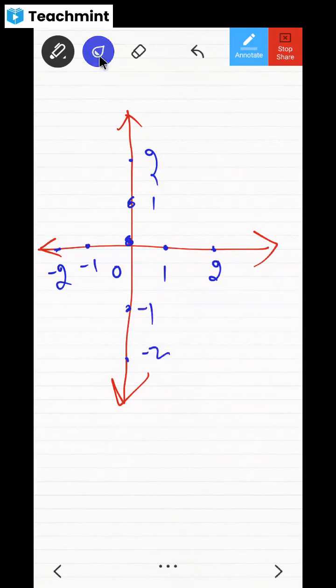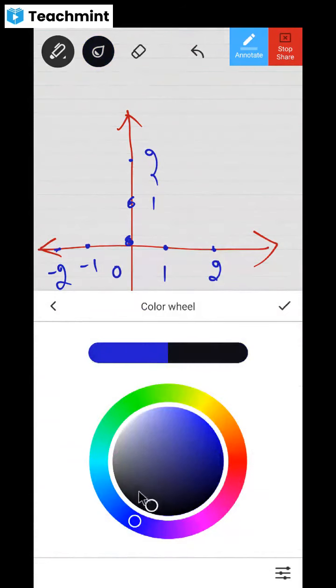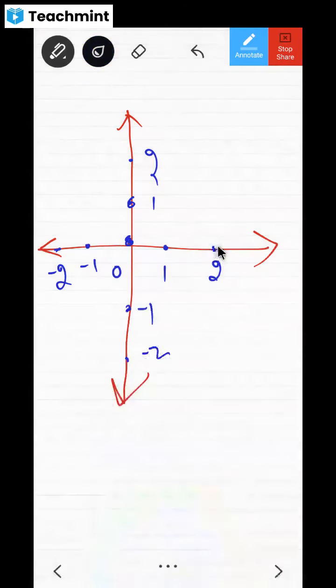Now if I ask you, what are the coordinates of this point? Tell me, what are the coordinates of this point? How do you have to see? First you have to see x, no? Look at this x-axis. How much distance is it at? It is at 2 distance, no? That's why 2 is there. On the y-axis, is it moving above or below this point? It is not moving anywhere, no? So that's why it becomes 0.